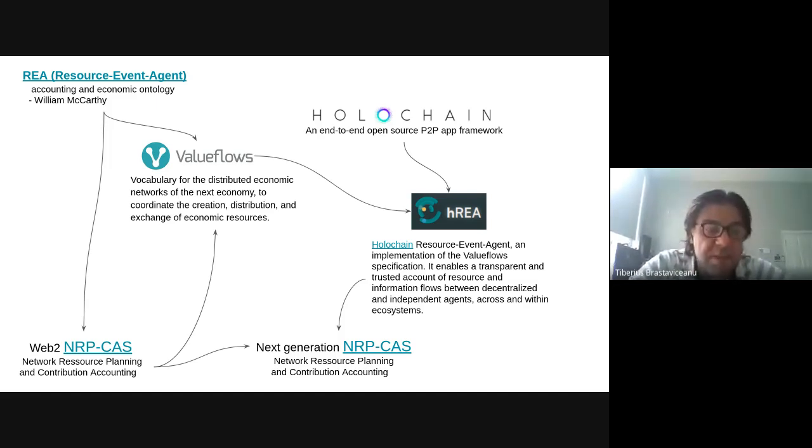Okay. So we took the REA and we did an implementation in Web2, which is the NRP-CAS, the software that Sensorica used. So now you can manage inventory of resources that flow into production units under various property regimes. Okay, so there's somebody that says, I have a 3D printer in my basement sitting idle. I'm going to bring it to the lab, and people can use it under these conditions. Or, hey, we bought a new CNC machine because we had a grant, but because it came from a grant, it doesn't really belong to anyone. It just belongs to everyone.